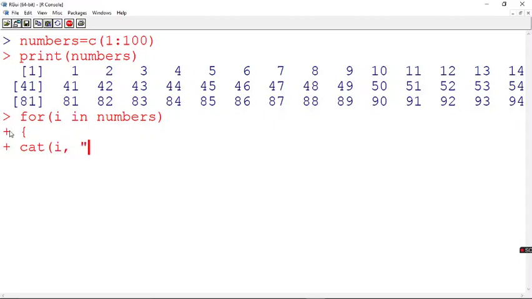I say i is an element of vector numbers, and I add a slash n, which is again an escape sequence, and I close the curly brace.